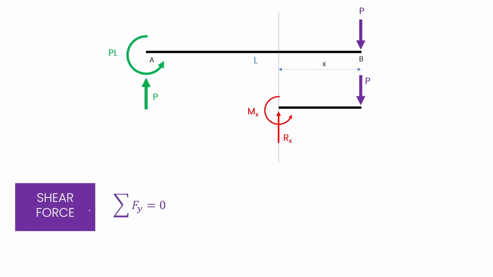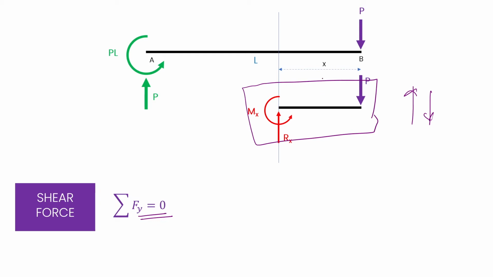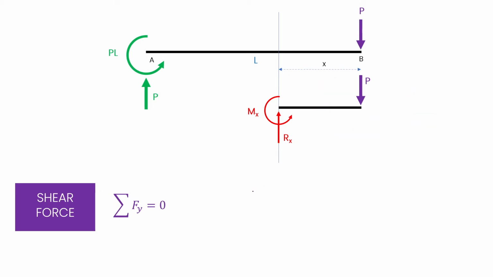So when we are trying to solve for the shear force, the first thing we'll be doing is solving for Fy equals 0. Again, this portion or this entire beam is not going upwards or downwards, because just like the entire structure, this part of the structure is also stable. So let's solve for this. Again, we'll use a simple concept.